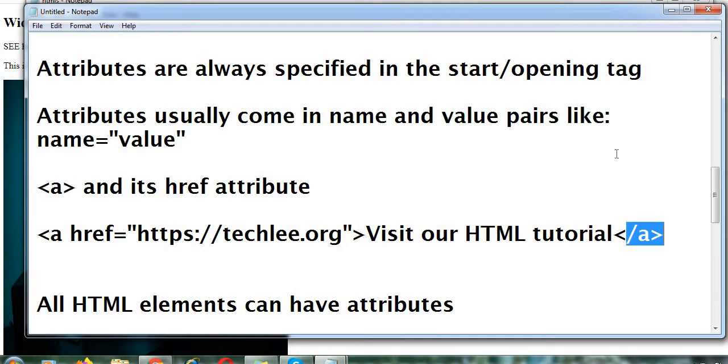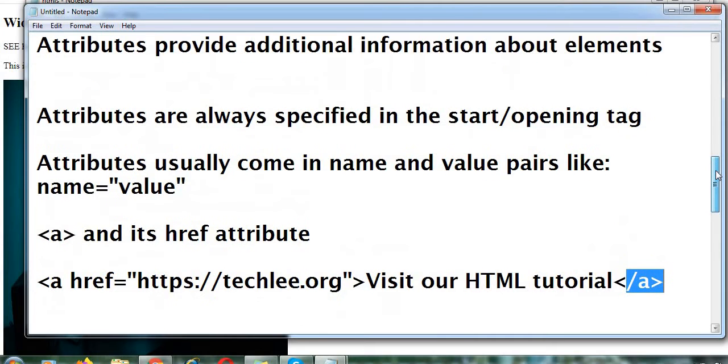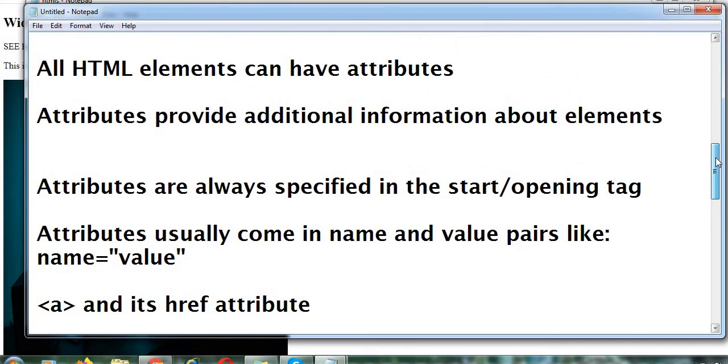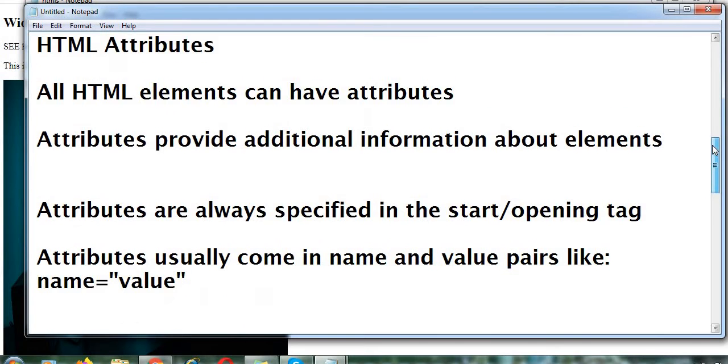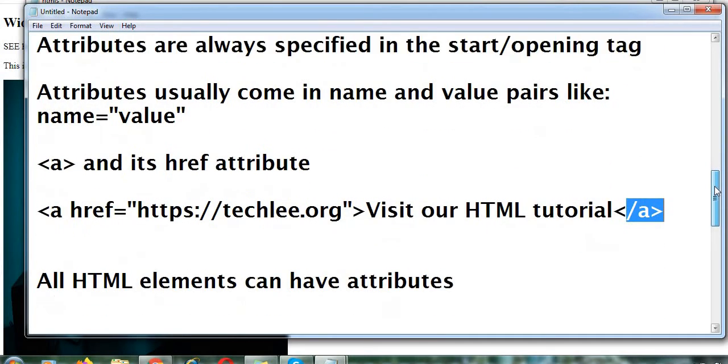We already discussed alt, height, width, and src for the image. These are all attributes, and besides those we mentioned the href attribute for a. Without the href attribute, the a tag will not work. It will not provide you a link.